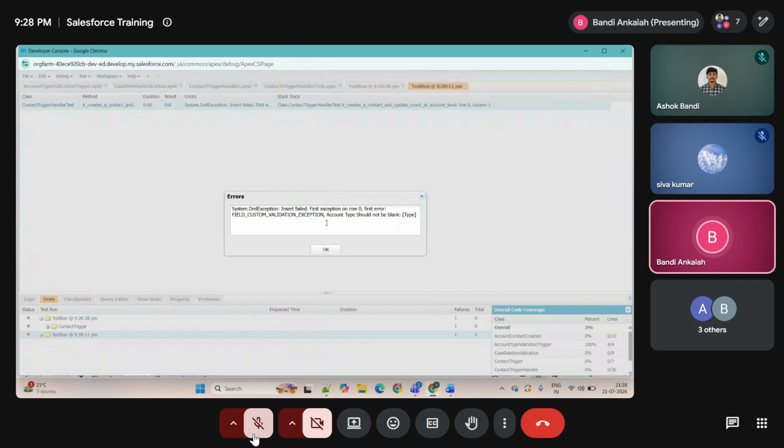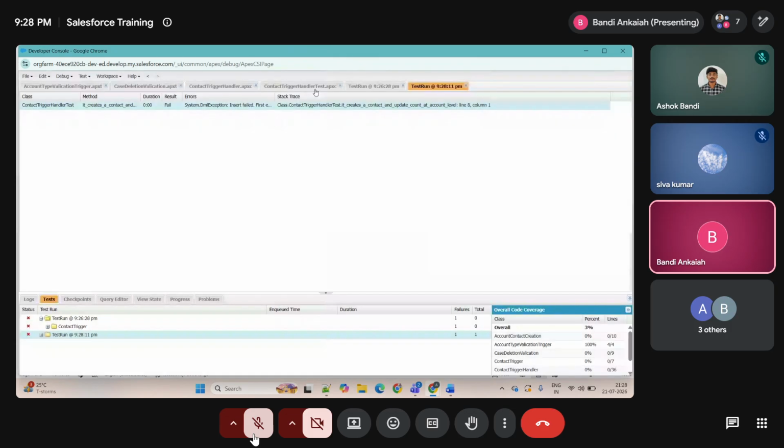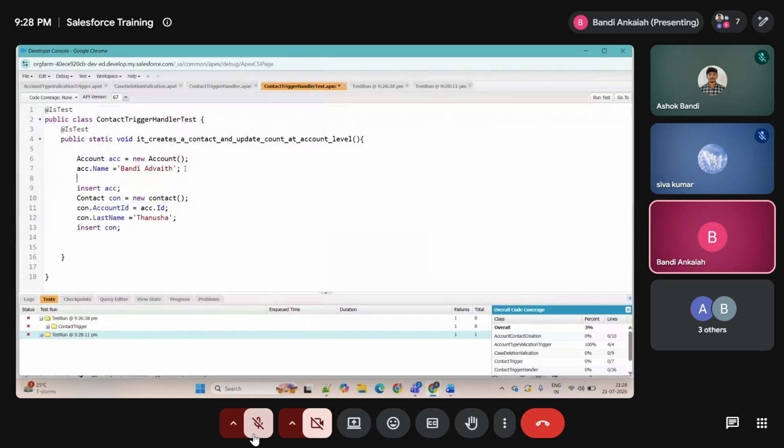So what does it say? Insert failed. Field custom validation exception. Account type should not be blank. Okay. So while filling the test data, you need to mention the data for the mandatory fields. Okay. Now we have a type. I need to insert the acc dot type equals to